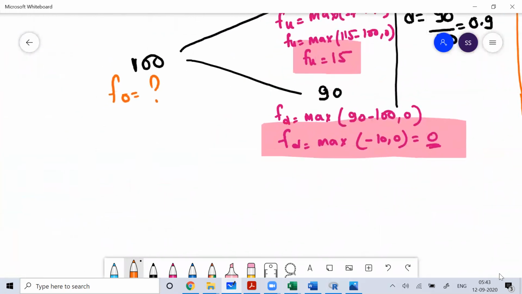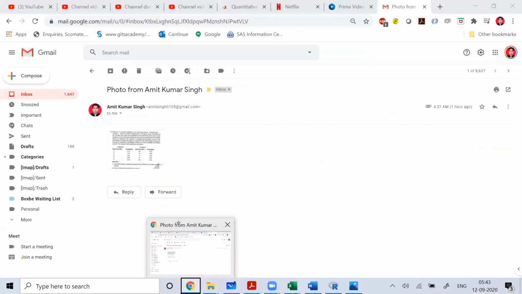Once you're done with the probability value, then this is F naught. F naught is the initial premium. Okay, so don't get confused. What is F naught? What is FU? What is FD? That is the payoff. Normally in the binomial tree model, we use the symbol F naught. I can write P also, it doesn't matter, because I hope you all are students of mathematics. What variables I use doesn't matter. I have 26 alphabets, I can use them in any permutation, combination. So this F naught is the initial premium, what the long position holder,